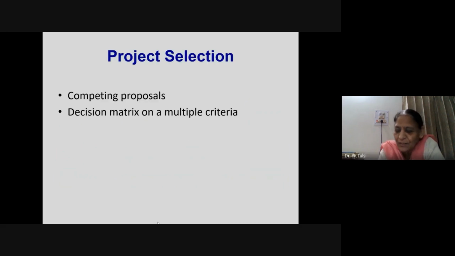So this is, I think, a brief about what is involved in project identification, project appraisal, and project selection. In other words, we can say this is the phase which is referred to as the project initiation phase. And it involves these 3 important